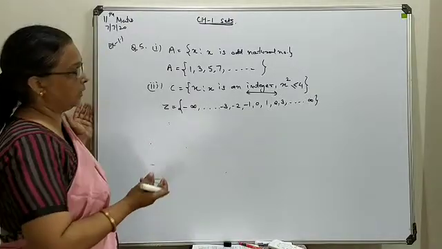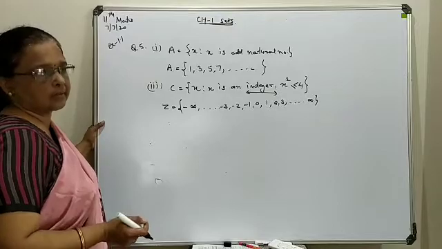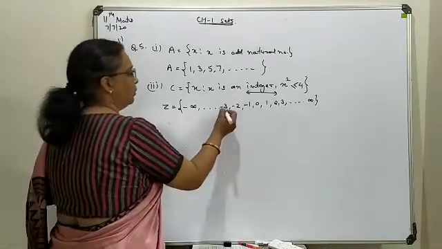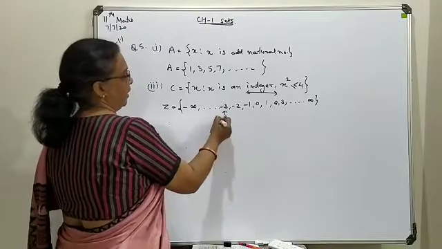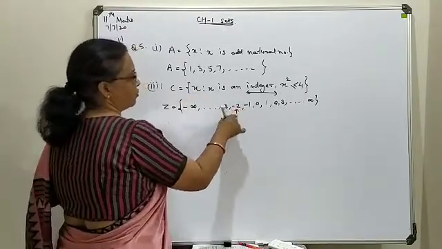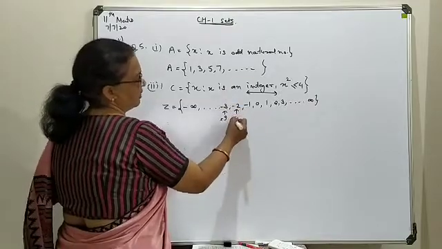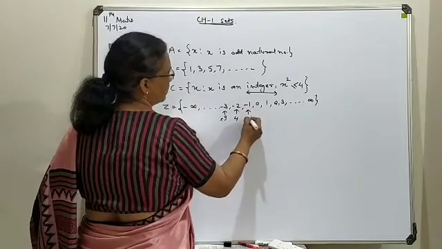So it is, and being a square term, it can be negative also as a set element. Now here, if you look at minus 3 square, it will be 9, so this can't be taken as an x form. Now if you look at minus 2 square, it is 4, so this can be taken. Minus 1 square is 1.